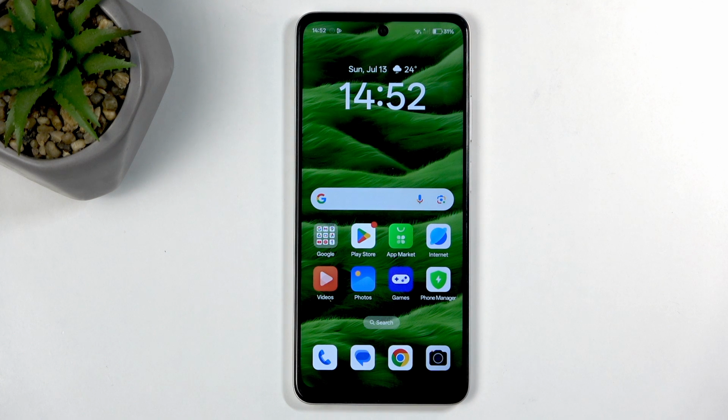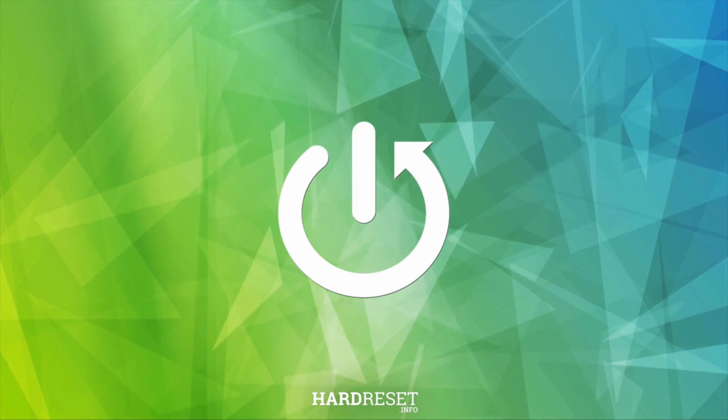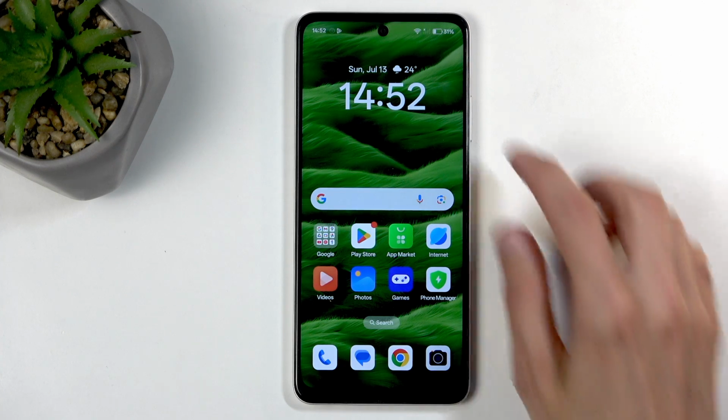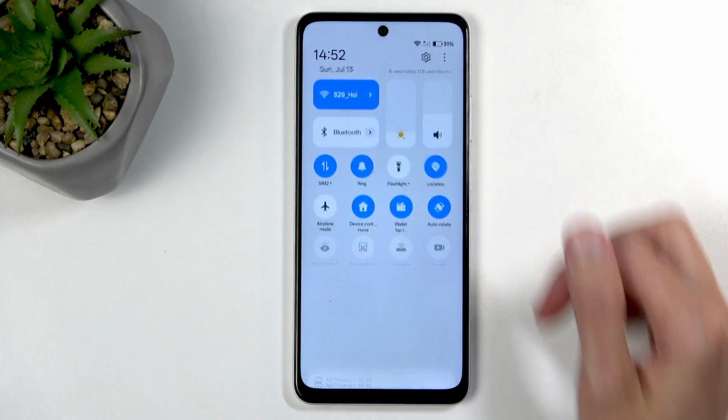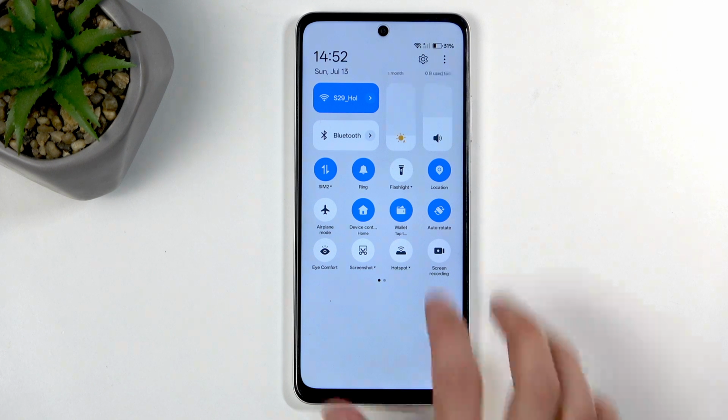Welcome. In front of me is a OPPO A5m, and today I will show you how you can enable and also set up your Do Not Disturb mode. So to get started, you will want to swipe down twice from the top of your screen, which will show your toggles. Next, locate the Do Not Disturb mode,